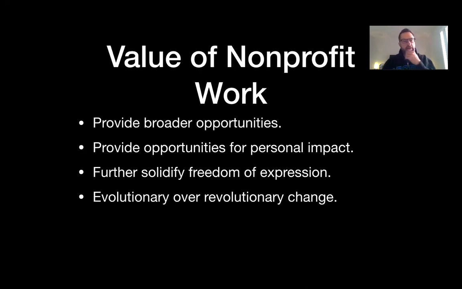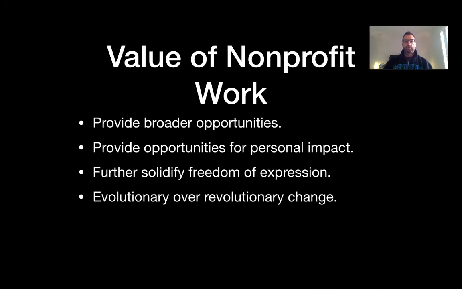I think nonprofit work many times is looked at, I don't know, maybe not through the same light as profit work. Nonprofit work is looked at as, oh, that's sweet and nice, but there's a great value in culture for that. And the first is it provides broader opportunities. So with nonprofit work, you not only have more opportunities to do things because you see more need in the world, you're at a 30,000 foot view as opposed to on the ground, which for-profit many times is, just dealing with what's in front of them. Nonprofit work allows you to get above that. It allows you to see the broader opportunities that are out there.